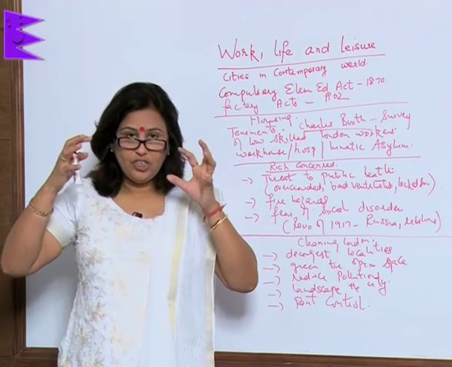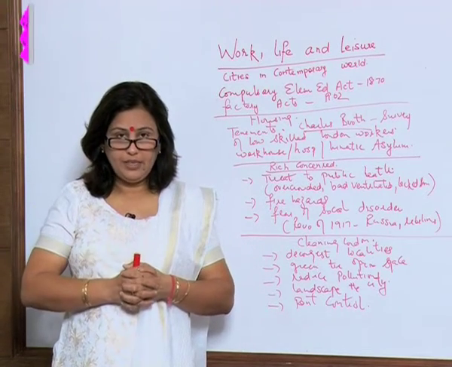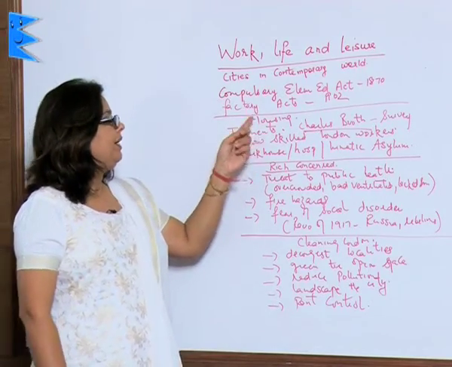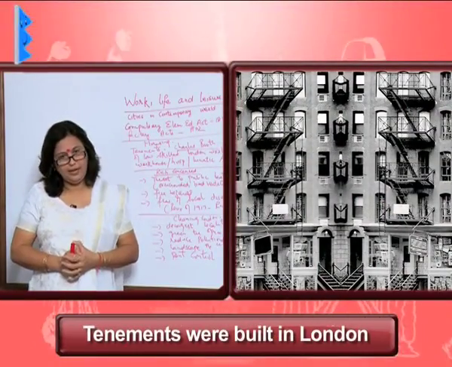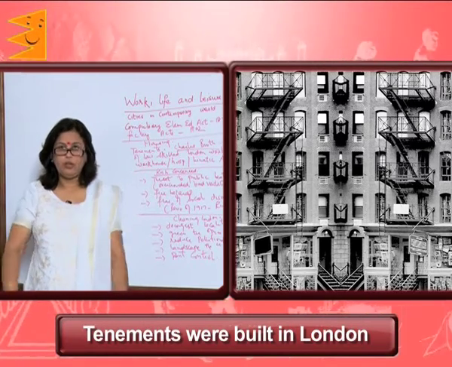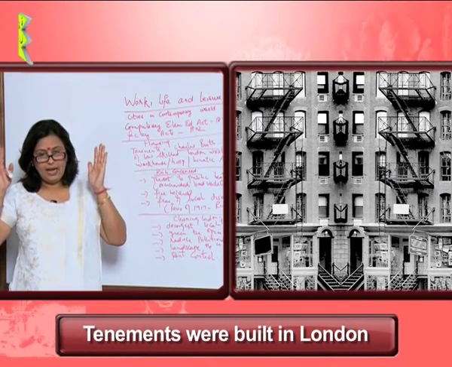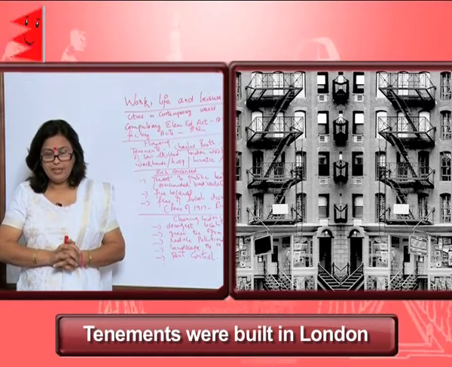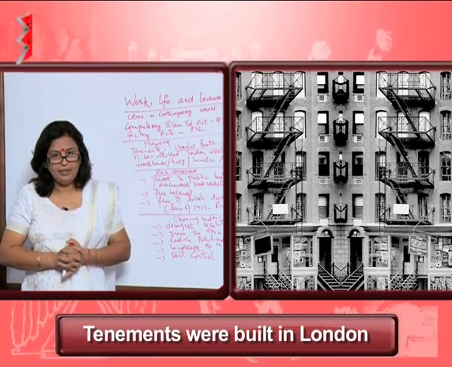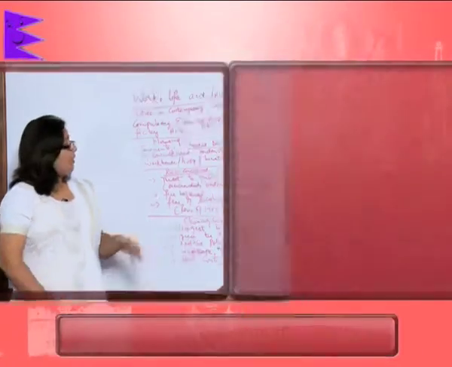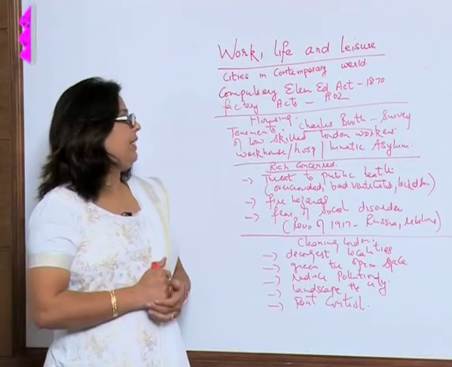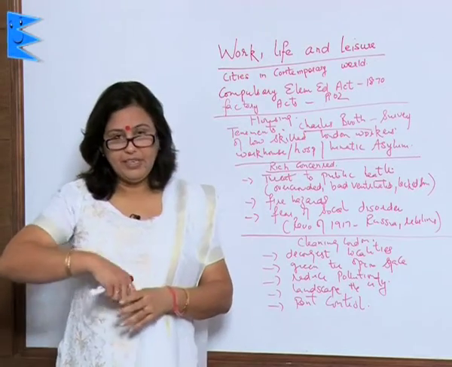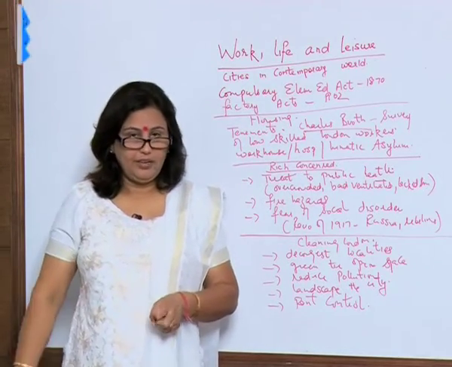So the pressure on the housing spaces became so immense that ultimately the tenements were built in London. Again, tenements are those huge buildings and every family has a small little room for oneself where they live in very unhealthy conditions. The condition was so depressing that it was found that Charles Booth, when he surveyed such areas